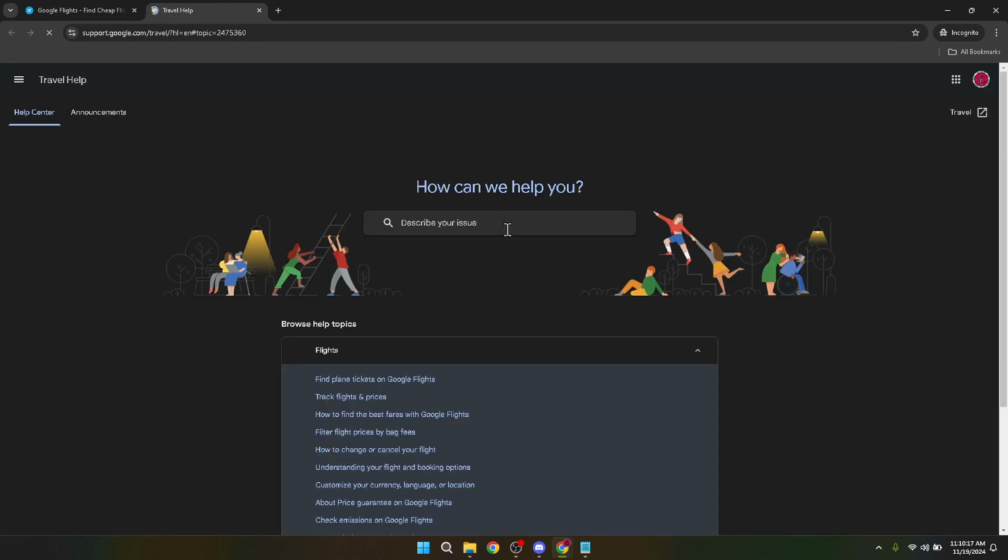Once in the Help Center, you'll notice a search function. Here you want to type in, "Contact us about your flight." This phrase will help direct you to specific information on how to reach out about your flight queries. After typing in the search, click on the suggestion that says, "Contact us about your flight." This selection will take you to a page tailored for users looking to get in touch with Google Flight support